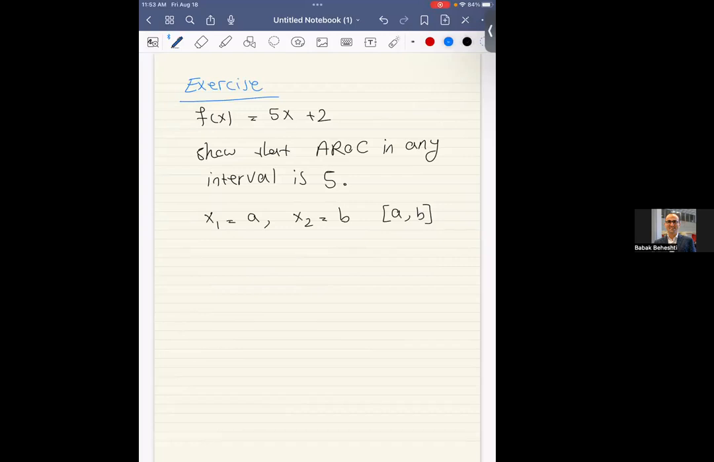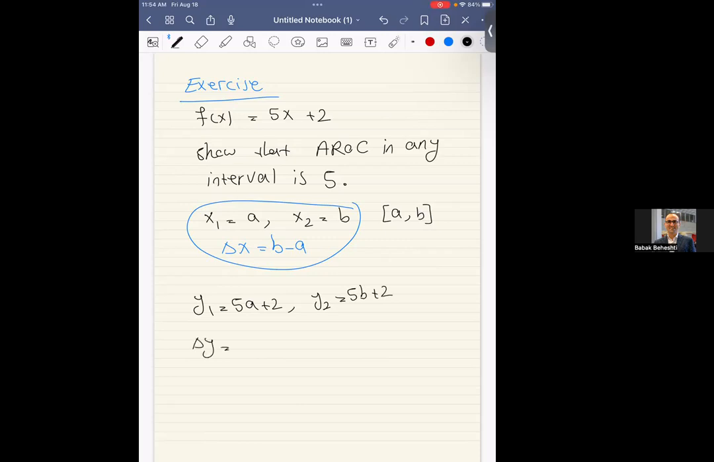So first of all, what is delta x? Right? Delta x is b minus a. Now what is y1? Y1 is 5a plus 2. Y2 is 5b plus 2. So delta y is